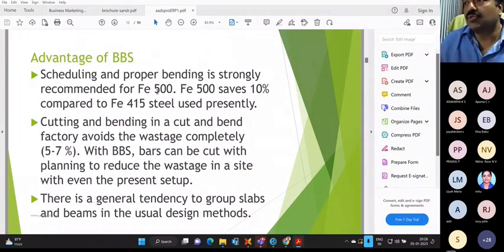The code for bending is IS 2502. If you refer to that, there are a lot of things mentioned, like the bar bend diameter to be used for a particular bar. A 20 dia bar will have a higher bend diameter than a 16 dia bar. Another advantage is that with a proper BBS, cutting and bending can be done separately